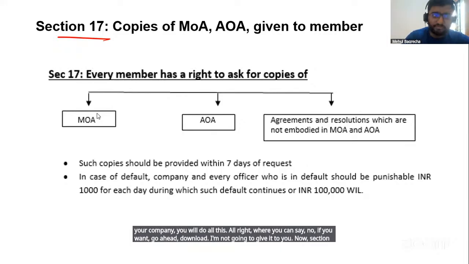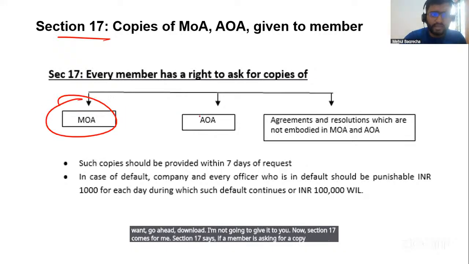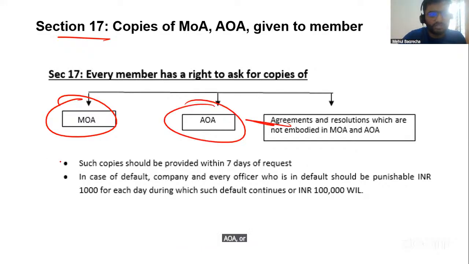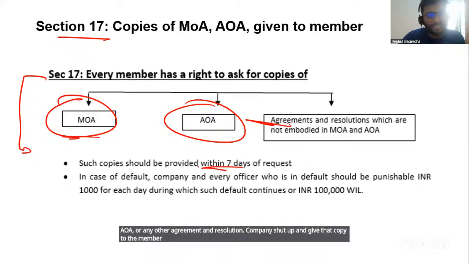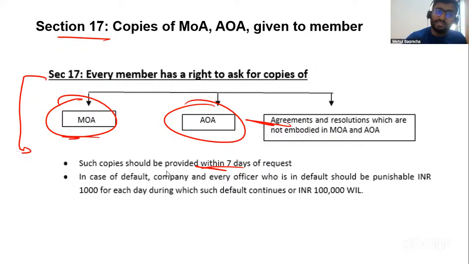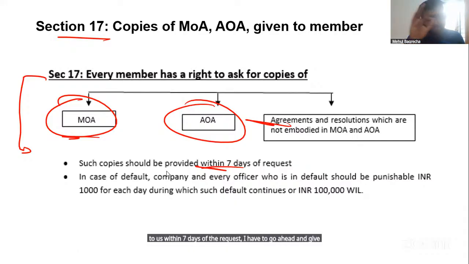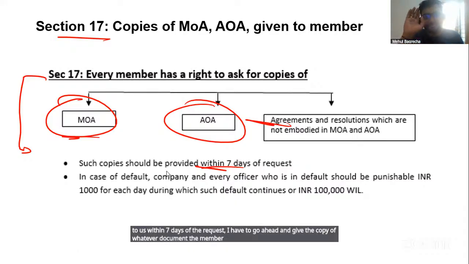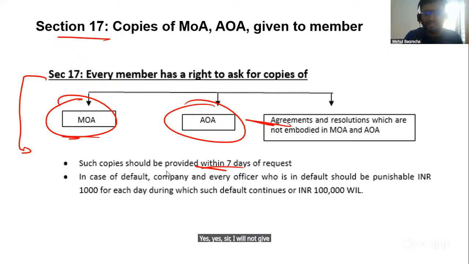Now, section 17 comes for me. Section 17 says, if a member is asking for a copy of MOA, AOA, or any other agreement and resolution, the company has to give that copy to the member within 7 days of the request. So within 7 days of the request, I have to give the copy of whatever document the member has asked. Shreya says, sir, I will not give. What will happen? No problem. Nothing will happen. Company and every officer will be punishable with a fine of